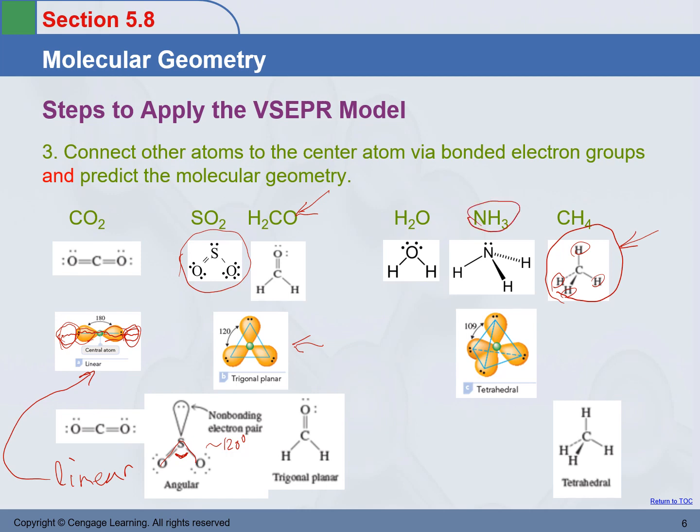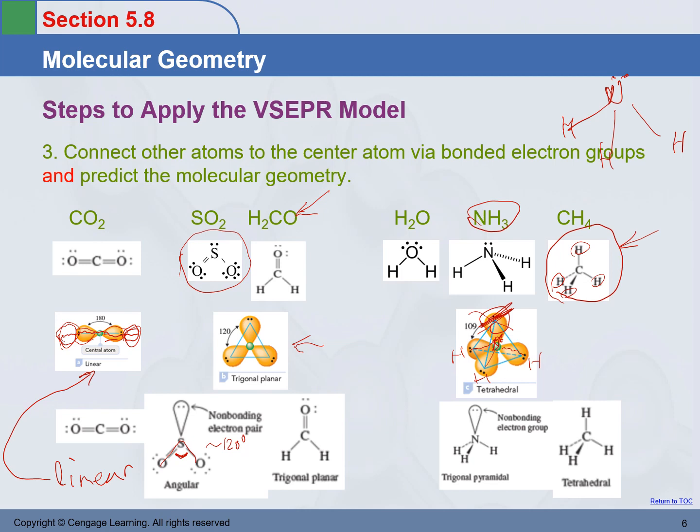Ammonia. You have nitrogen here on the top, and right below nitrogen you have three hydrogens. The whole thing is like a pyramid. Nitrogen will be the top of the pyramid. What about that? That's nothing. That is only a pair of electrons on nitrogen. So the whole thing is like this: nitrogen here, hydrogen, hydrogen, hydrogen, with a pair of electrons on nitrogen. That's the whole shape of the molecule. We call this shape